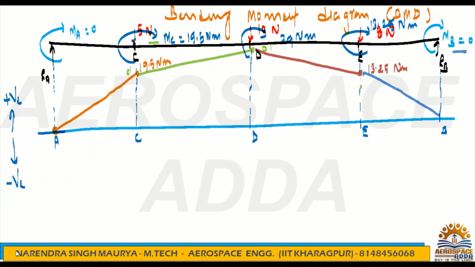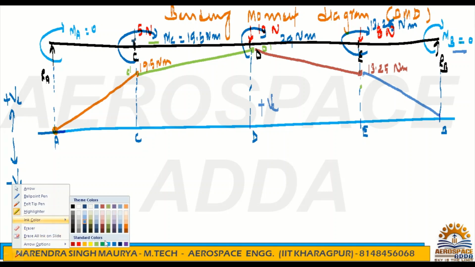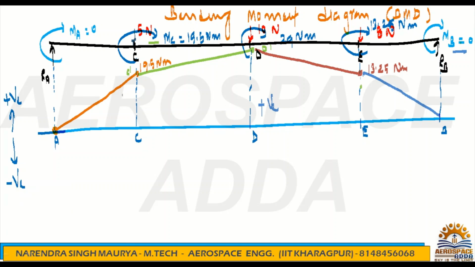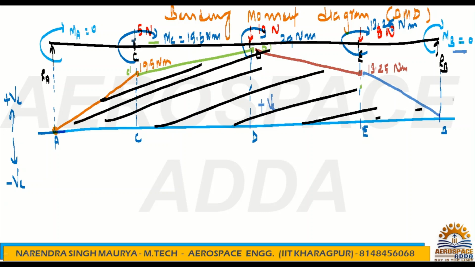So this will be called the bending moment diagram, because all moments are clockwise. So you can say this is positive. If any moment is anti-clockwise, the diagram will come downside also. But here it is only upward, and we are taking positive here. So you can make it like this. And in examination, most of the time you have to show it by hash lines, something like this. Whatever BMD you got, you have to show by these hash lines. If you are interested, you can show, otherwise not required also. So this is basically the bending moment diagram for the particular beam. Then